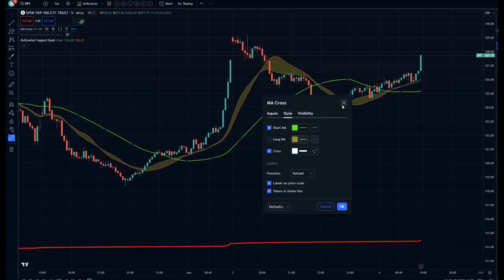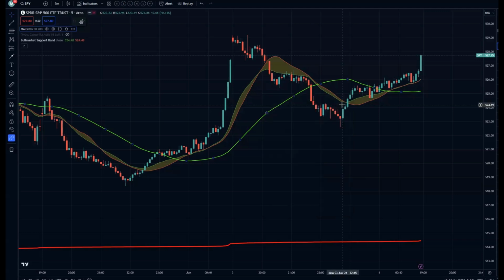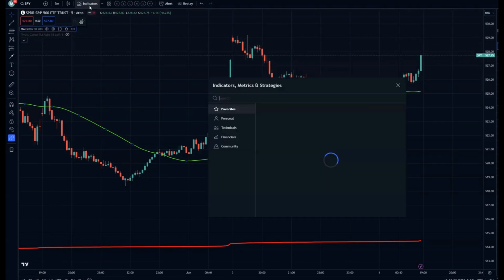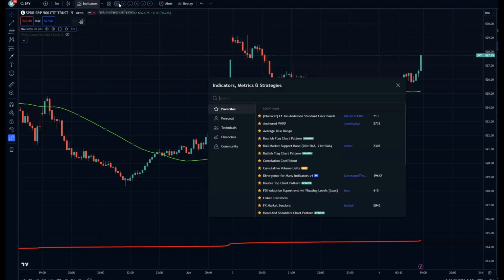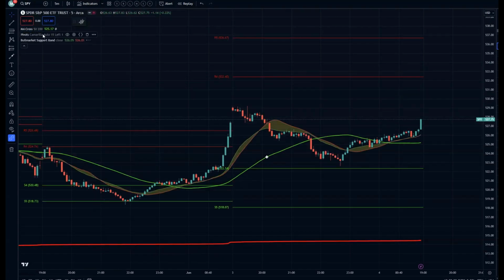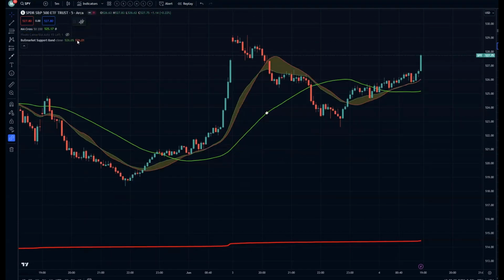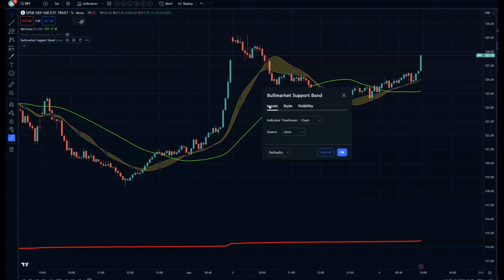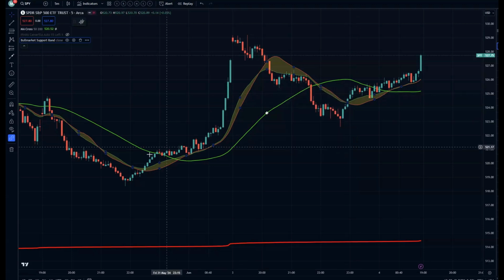It can be helpful to understand significant levels of the price. So sometimes you can leave it turned on, sometimes you can leave it off. But apart from that indicator, we have this bull market support band indicator, which is essentially two MAs plotted together to create some sort of a cloud, which